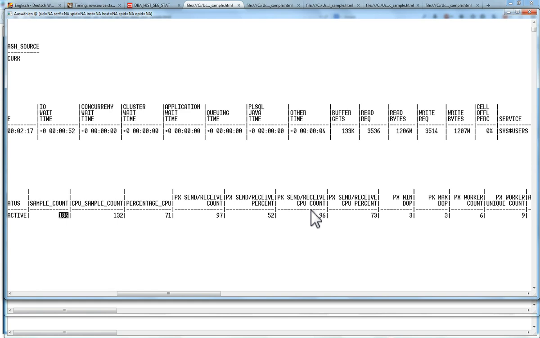So here I give you an idea about the CPU level of activity, sending and receiving of data. So in this case we have 96 samples, and this means that out of these 132 total CPU samples, in this case actually